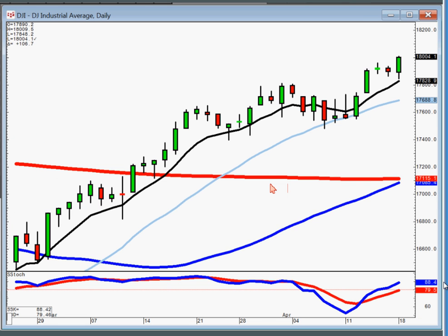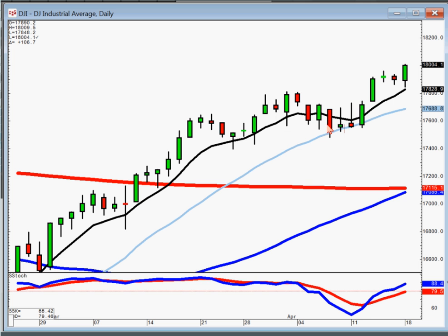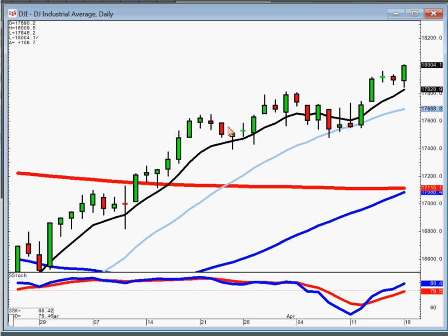Well, as we can see, nothing has changed as far as the steady, healthy uptrend. We got pullbacks up, pullbacks up, a couple of days of pullback up. So as long as we're not skyrocketing up, which means there won't be a skyrocketing back down,